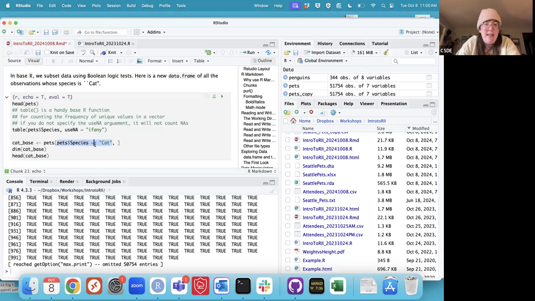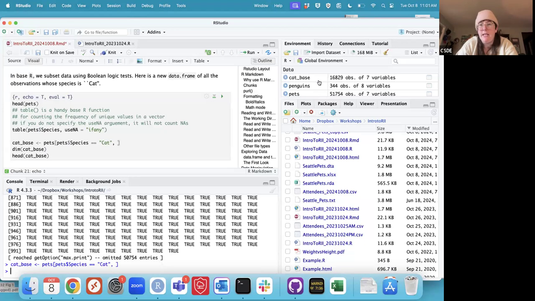So if I take that logical vector of trues and falses and put it before the comma inside square brackets for a data frame, I'm saying I want the rows where that logical vector is true, i.e., I want to retain only the rows where species equals cat. By not putting anything after the comma, I'm saying I want every column that exists. So if I run this, I'm going to get a data set of